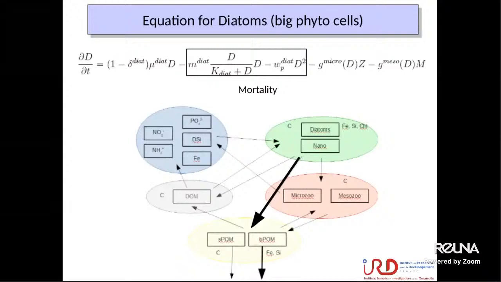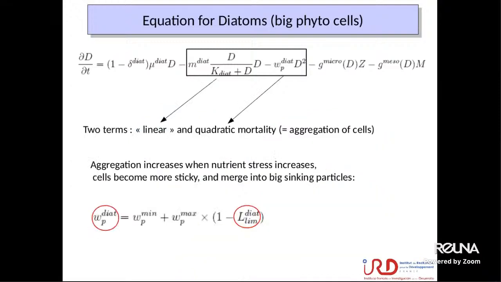Now let's look at mortality. You can see that the mortality is separated into two terms. One term is linear, with a small m, and one term is quadratic, because you have mortality times the diatoms squared. Sorry, I didn't say, but D is the concentration of diatoms. Okay. And this quadratic mortality is